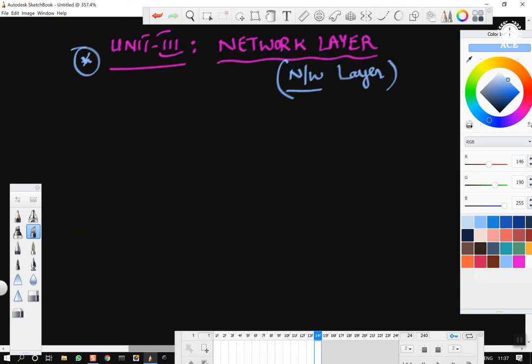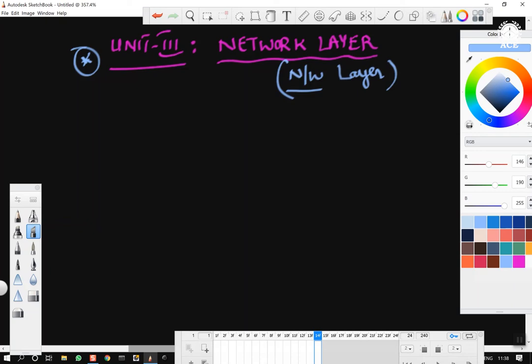If you want to take up a job or pursue your career in networking, then network layer is a very, very important aspect. Particularly if you are planning to take up a job in companies like Cisco, which primarily deal with the networking domain of jobs, then essentially the whole subject of networks is important, and within that subject, network layer is very important.